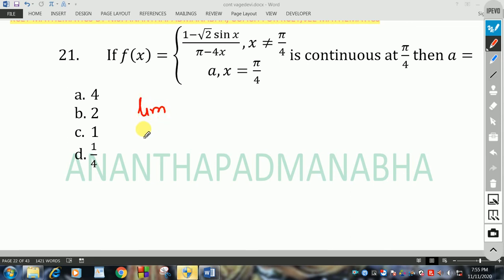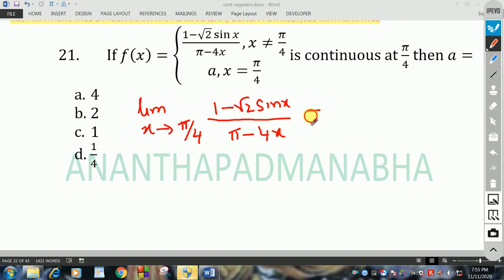So limit as x tends to pi by 4, because it's continuous at x equals pi by 4, I have (1 minus root 2 sin x) by (pi minus 4x) is equal to the value of the function at x is equal to pi by 4, f of pi by 4, which is given as a here. So this implies